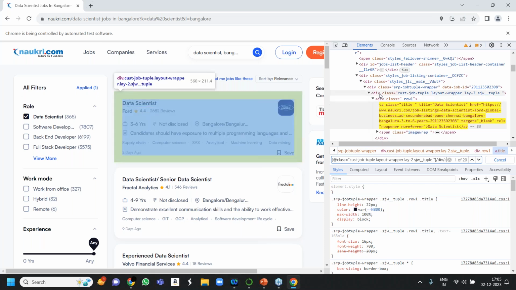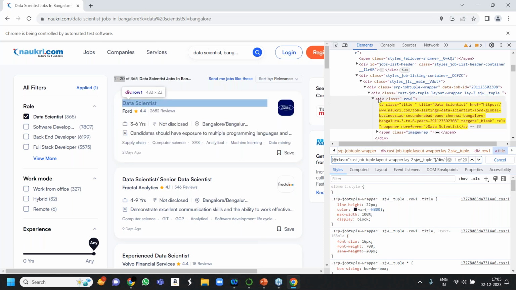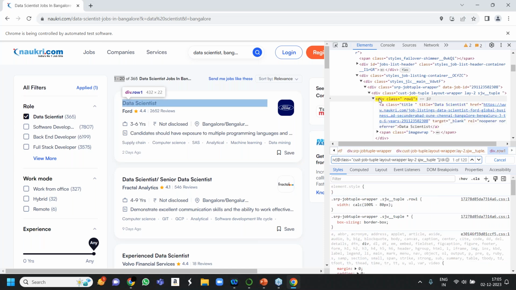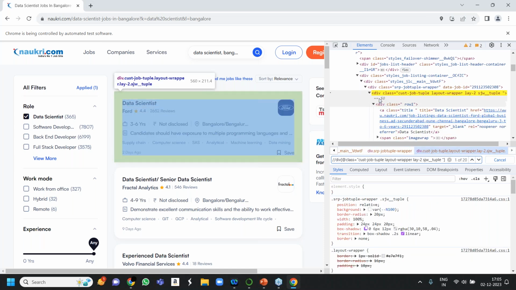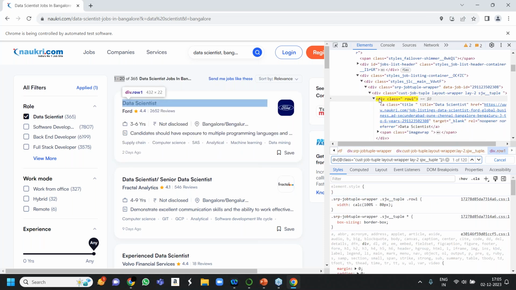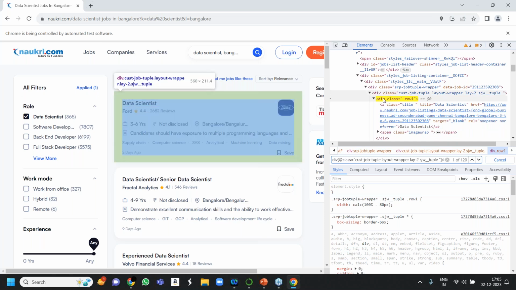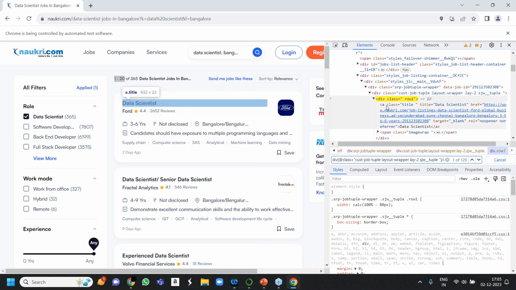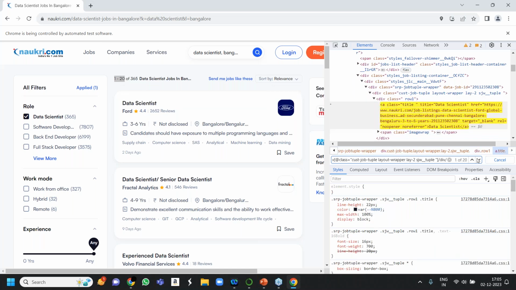So I added a tag name, which was div. Single slash, then tag name. I came from here to here, but I want to go to the a tag. So again, single slash, then a. And as you can see now, I am getting 20 results.